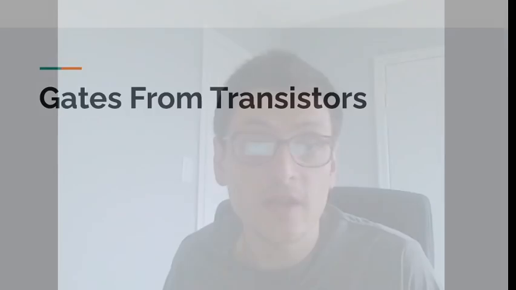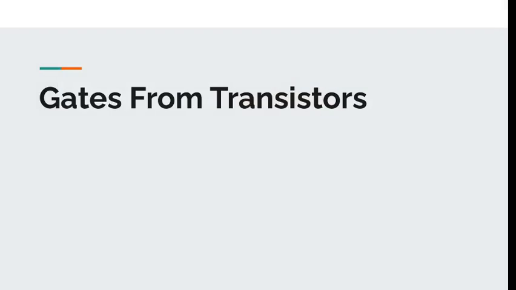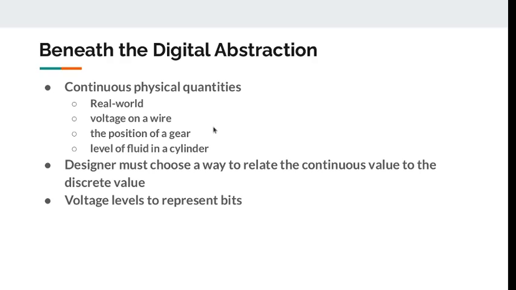Hello everybody. It's our fourth lecture, and the idea today is to take a step back, go lower in the abstraction, and we're going to see how we can build gates from transistors. So beneath the digital abstraction that we're using, so gates are actually